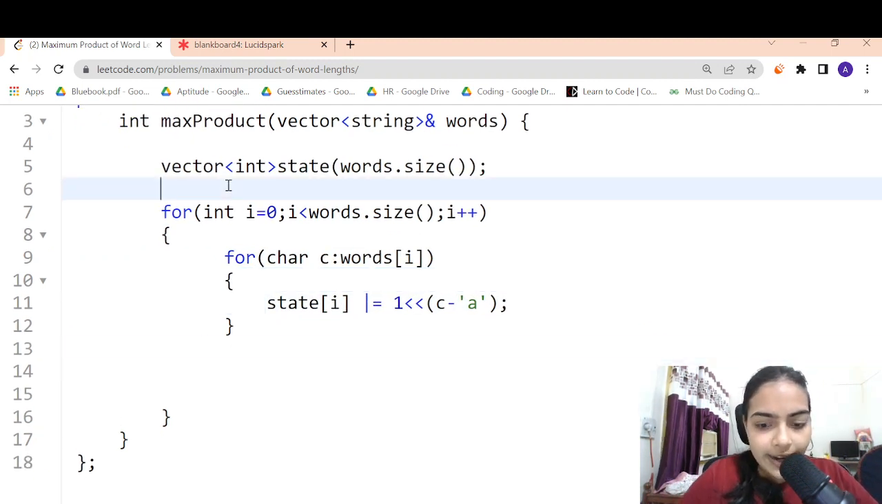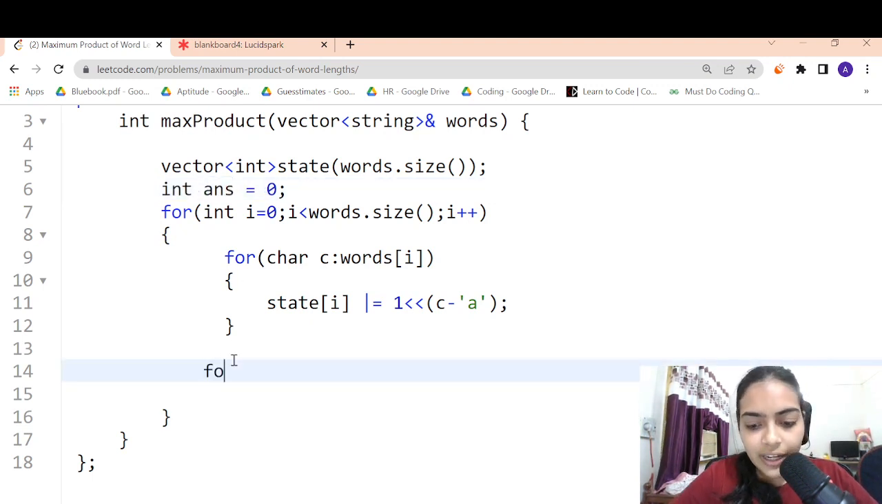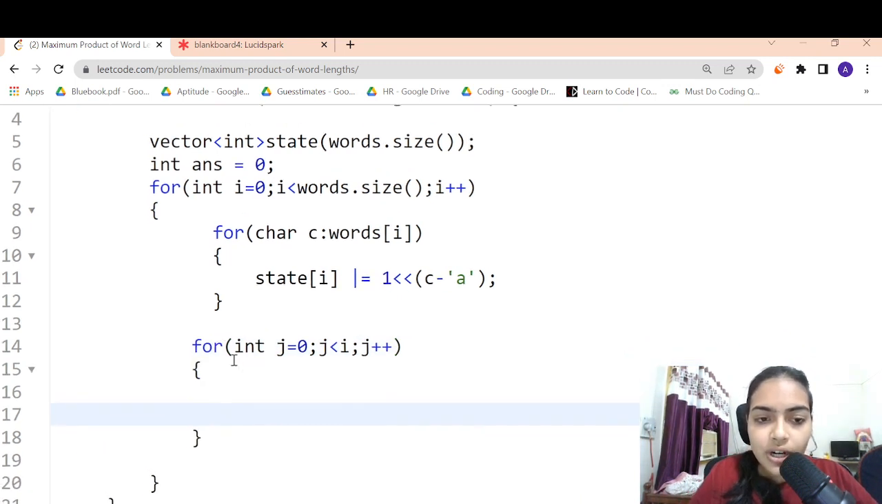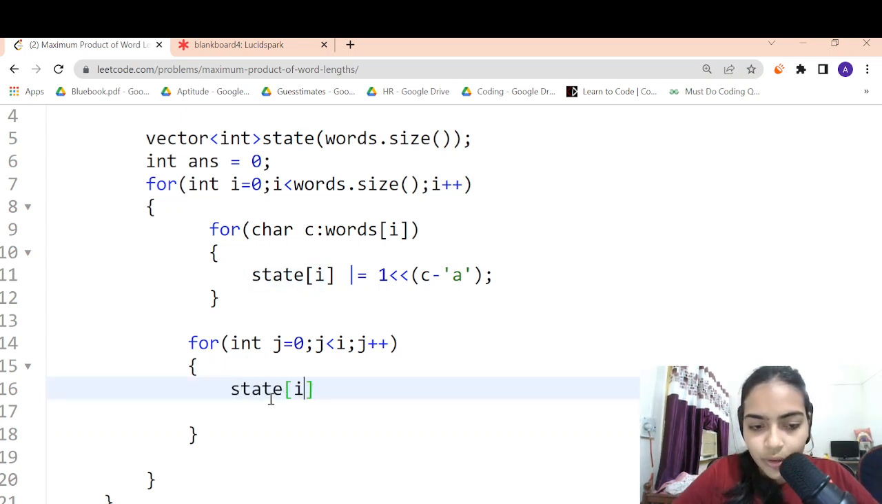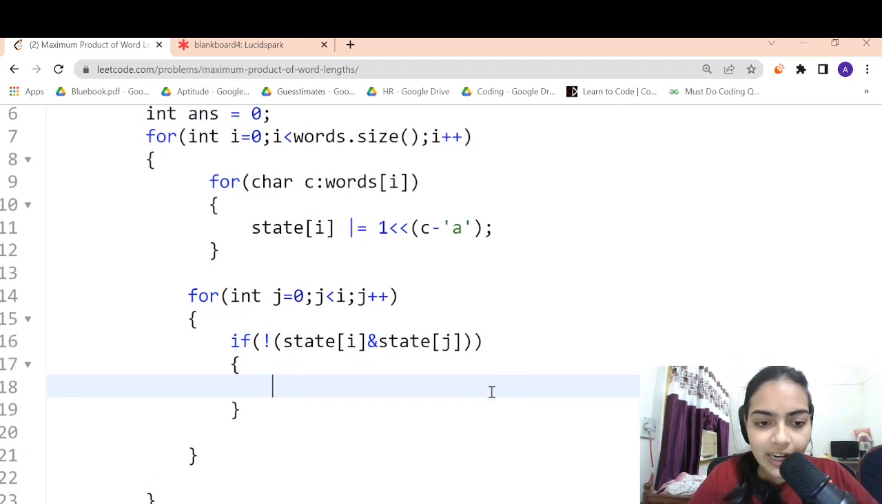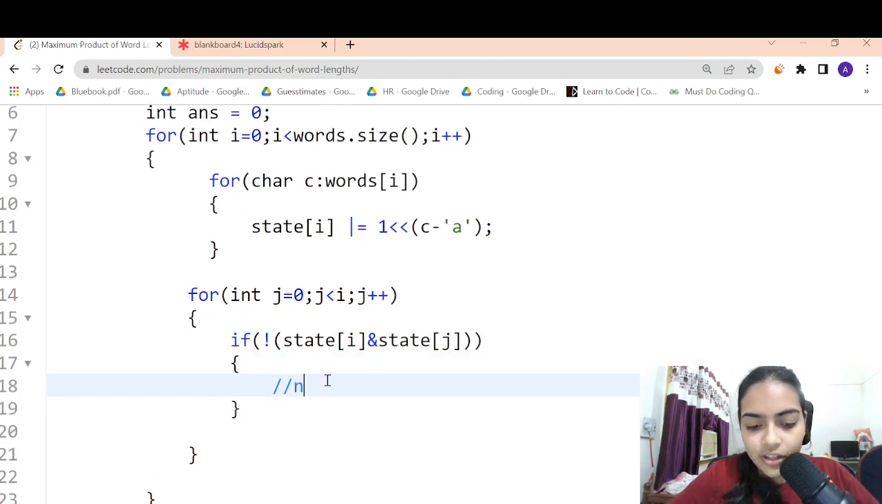Now I declare a number answer that I am going to return finally. And I am going to iterate from the beginning till now to see which words have states whose AND is 0. So state of I and state of J, if the AND of both of them is 0, that means there is no common letter. This will ensure that there is no common letter, because if there is even one common letter,